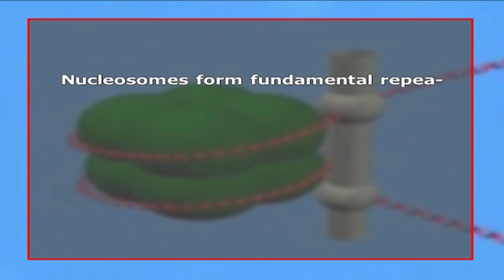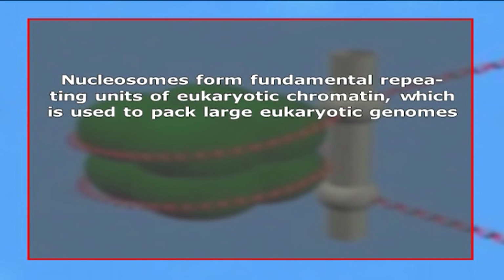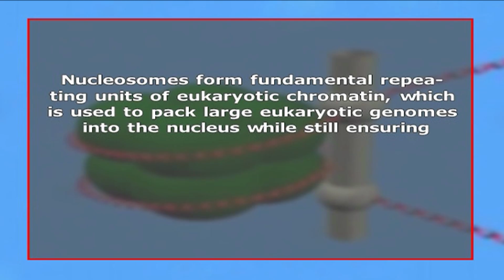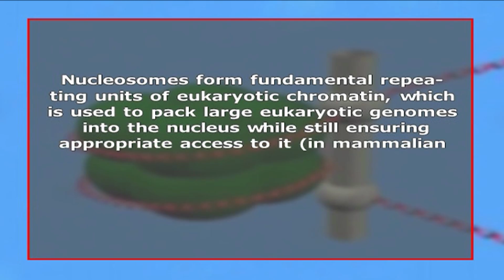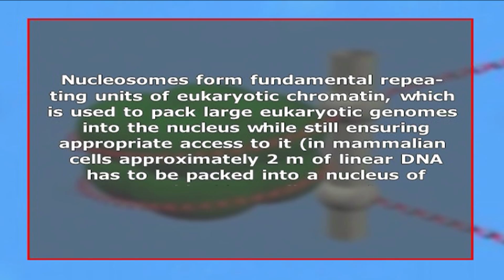Nucleosomes form the fundamental repeating units of eukaryotic chromatin, which is used to pack the large eukaryotic genome into the nucleus while still ensuring appropriate access to it. In mammalian cells, approximately 2 meters of linear DNA has to be packed into a nucleus of roughly 10 μm